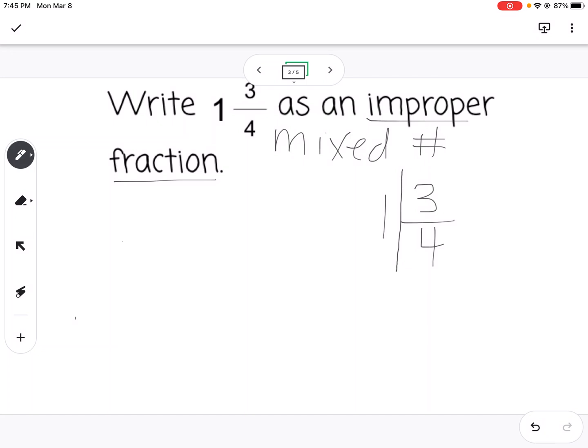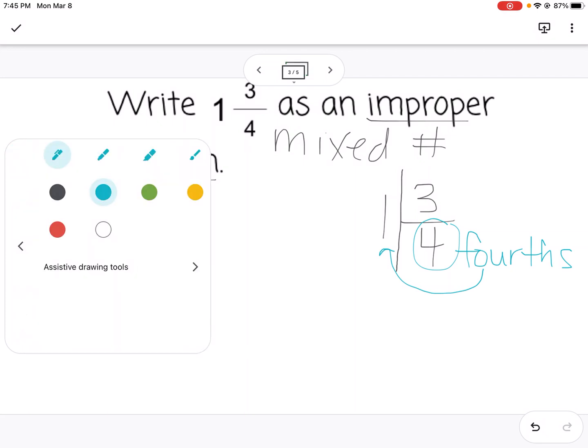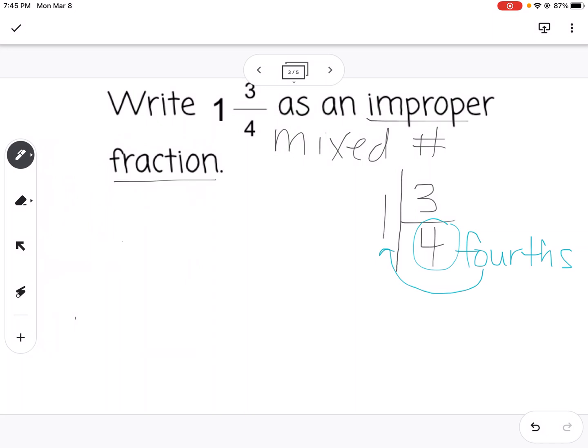The other thing is it's really important for my eyes to go to the denominator, because the denominator is telling me how many equal parts I need, right? These are the equal parts. So I'm dealing with fourths. This whole problem is dealing with fourths. So if I'm thinking about fourths, and I'm thinking about this 1 whole, how can I write 1 whole in fourths? Well, I think if I draw the picture out,